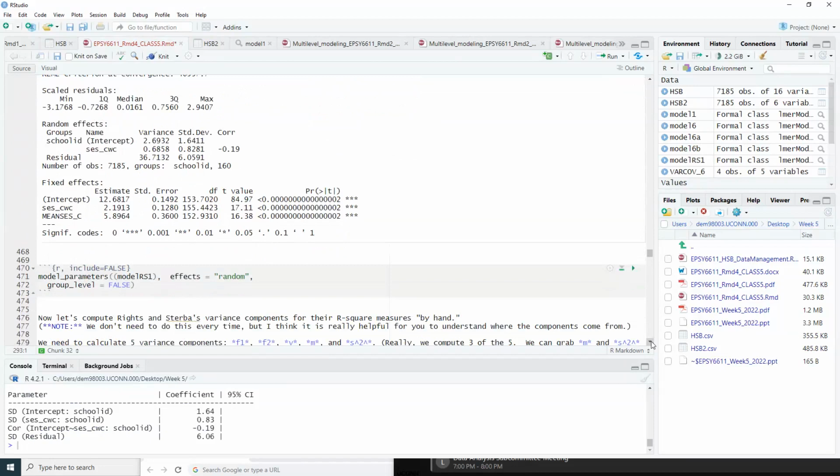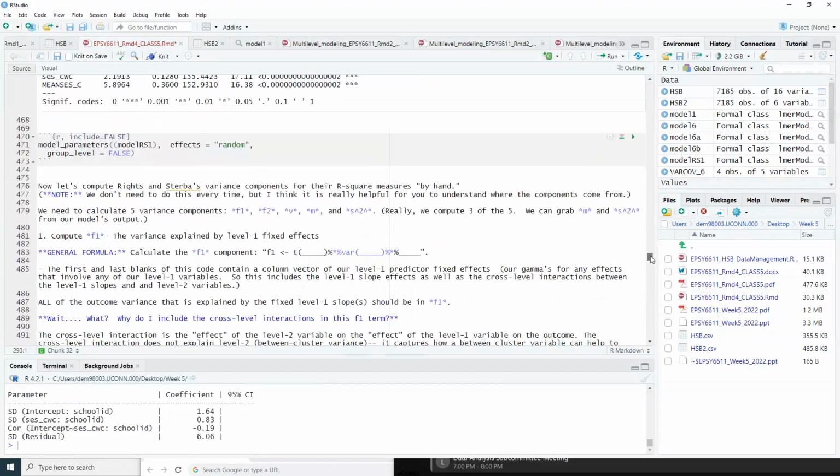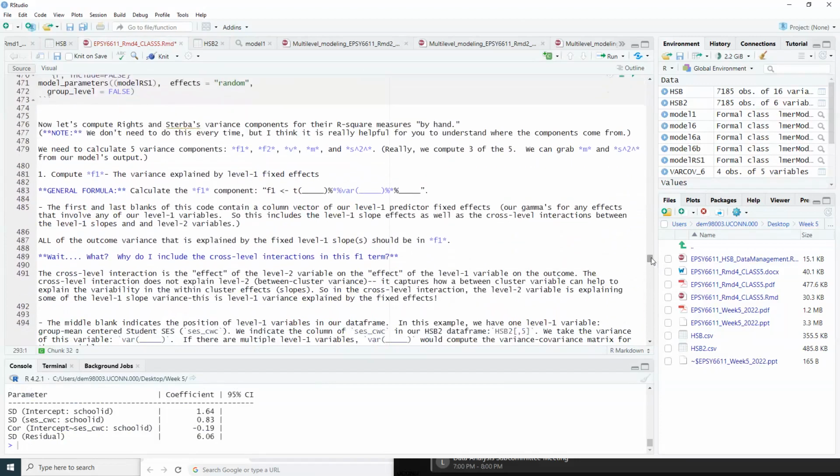So here's my model. And now I'm going to compute the Rights and Sterba variance components for the R squared measures by hand, which really means in R, but by hand, so that you can see where they come from. And also because honestly, wait till you try the Rights and Sterba R package. It's also a little buggy. But it's okay. It's not so bad because all I need